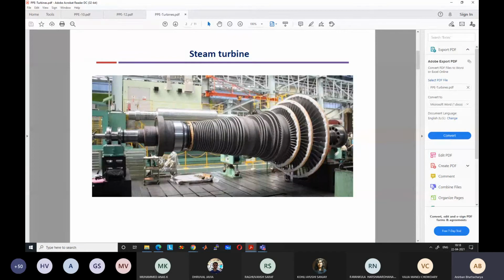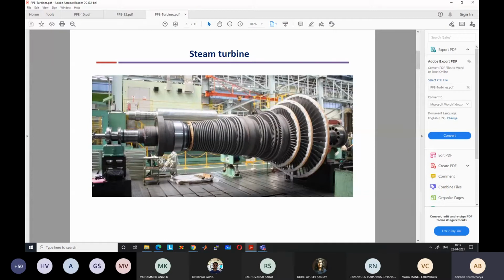So if you add up all the thrust, there is substantial thrust in the axial direction, and this has to be balanced by the bearings at the end, because this thrust is not useful. The thrust along the axial direction is not useful. This has to be managed by the bearings. Otherwise, the turbine shaft will try to move along the axis. So you have to put the shaft in place with the help of bearings.